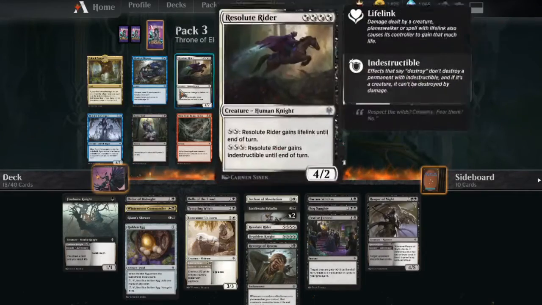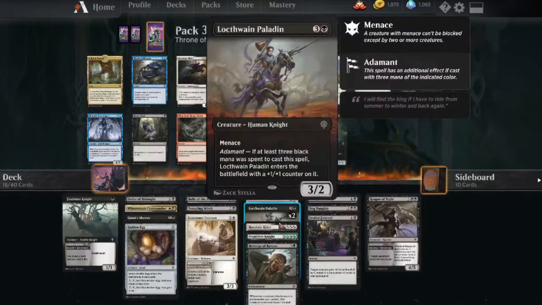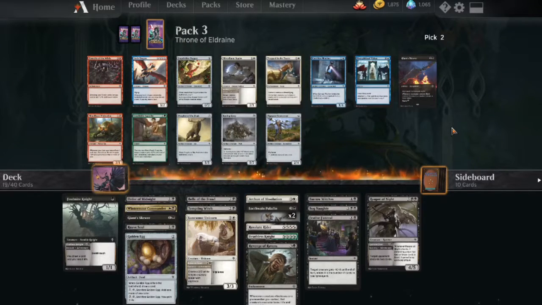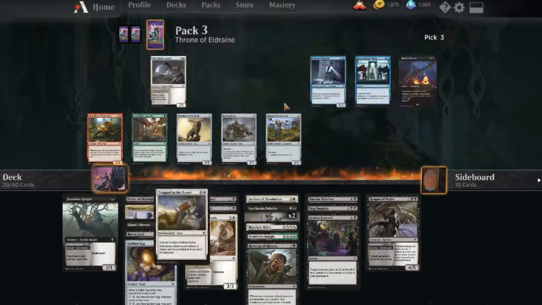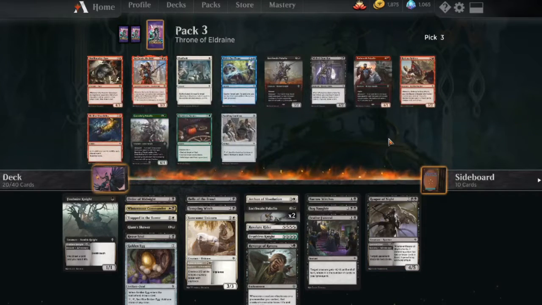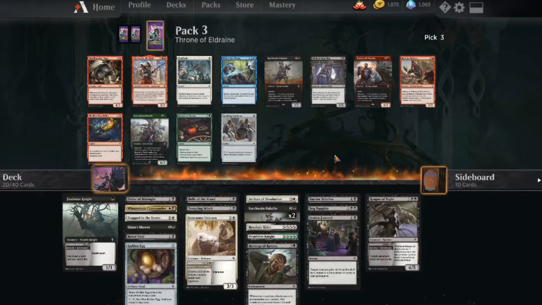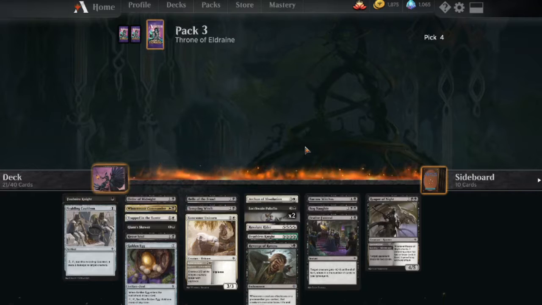I feel I really want to take the Resolute Rider, but I think I'm kind of priced into taking this removal. Okay, Trapped in the Tower. So we're veering more towards black-white again. Okay. Nothing great. Scalding Cauldron is removal. We do need some. The rest is just a bunch of 4-drops. I'll just take Cauldron. That's not great, but...